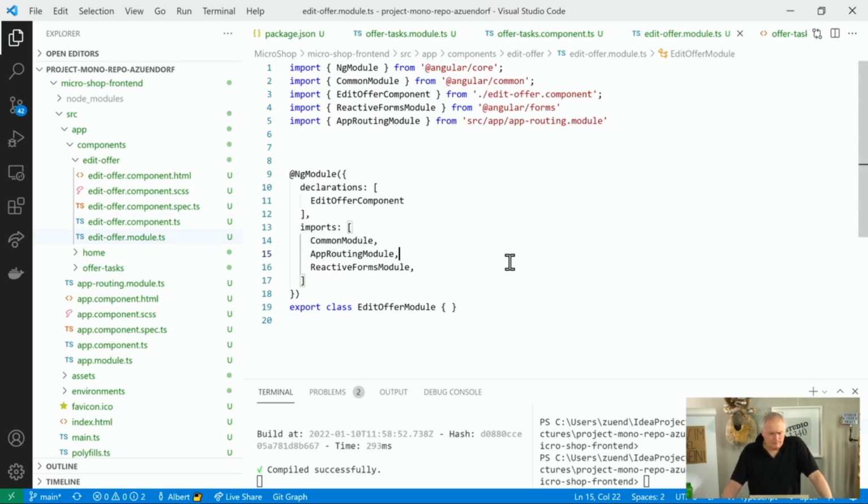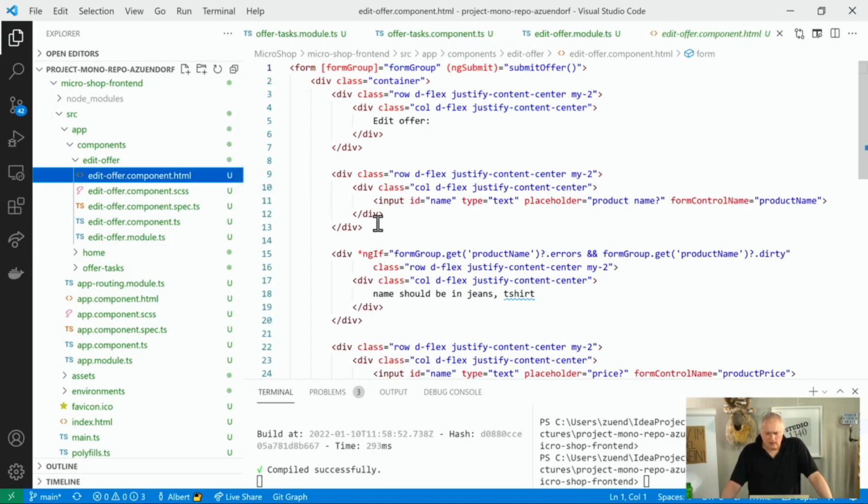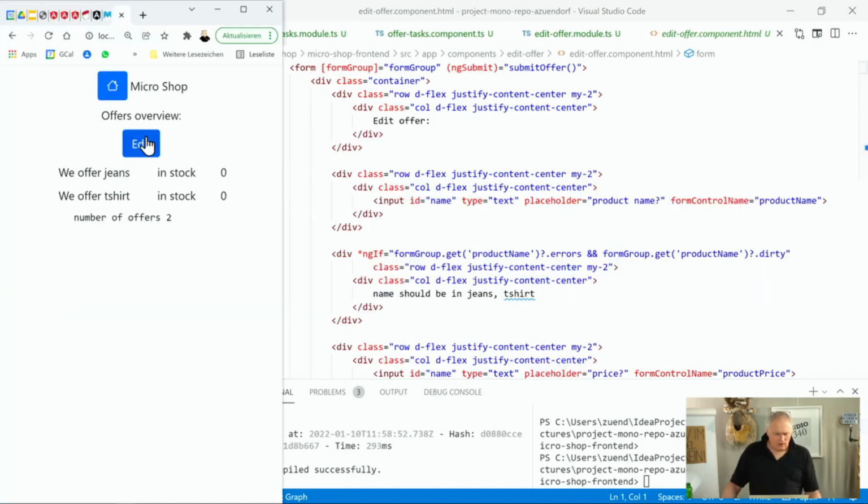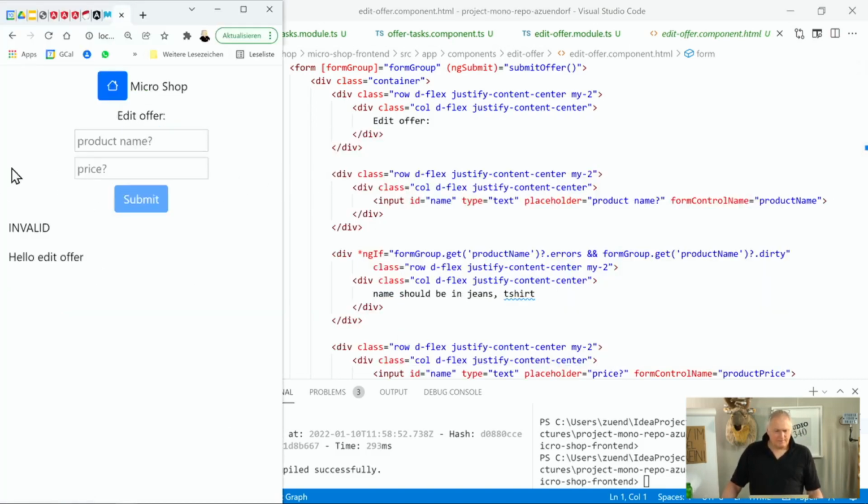Doesn't harm you. Put it here. Okay. And then there is this edit component here, which is a little bit more complicated. Let's have a look at it if I go here. So just to be honest,